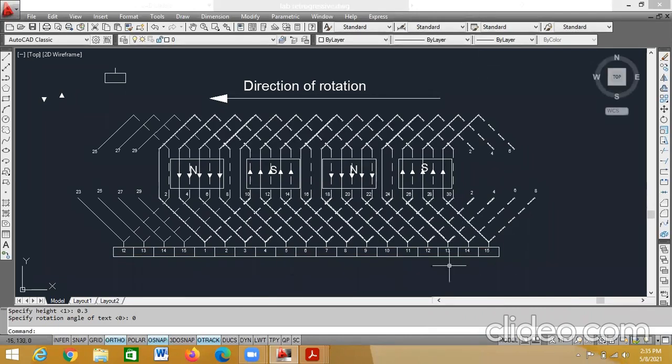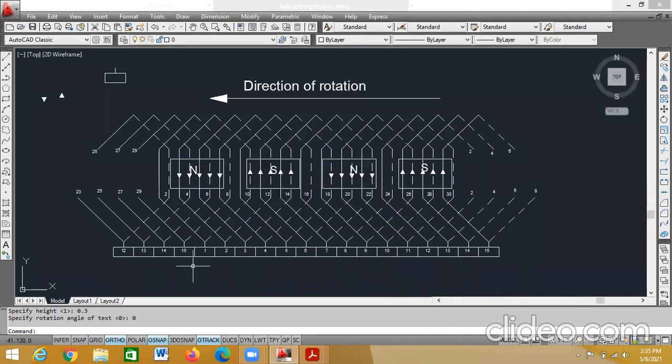So 15 commutator segments I have placed. Okay.